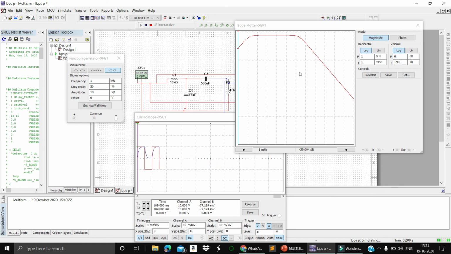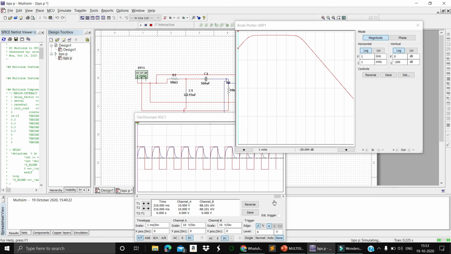In this way, this circuit will act as a band pass filter, and it can be used wherever the input you are giving has to be retained as the same signal, with only a little amplitude reduction. In such a case, you use this band pass filter.